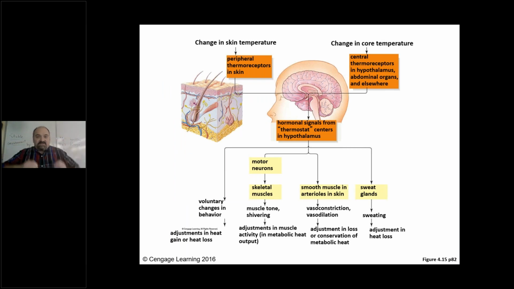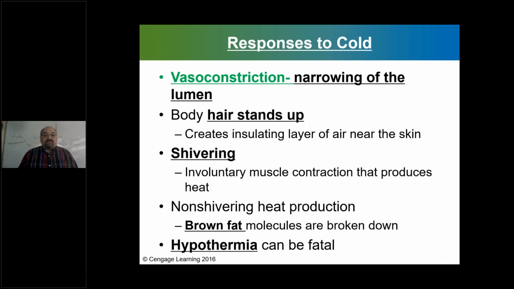All right, so this is just interesting as far as showing you what goes on with temperature. In particular, folks, this inner area right here, right in the middle of your brain, is called the hypothalamus. It's the thermostat of your body. This really helps to regulate in your brain what goes on as far as temperature is concerned. And you see all the different aspects of it. So here we're looking at responses to cold. We looked at heat, now responses to cold.